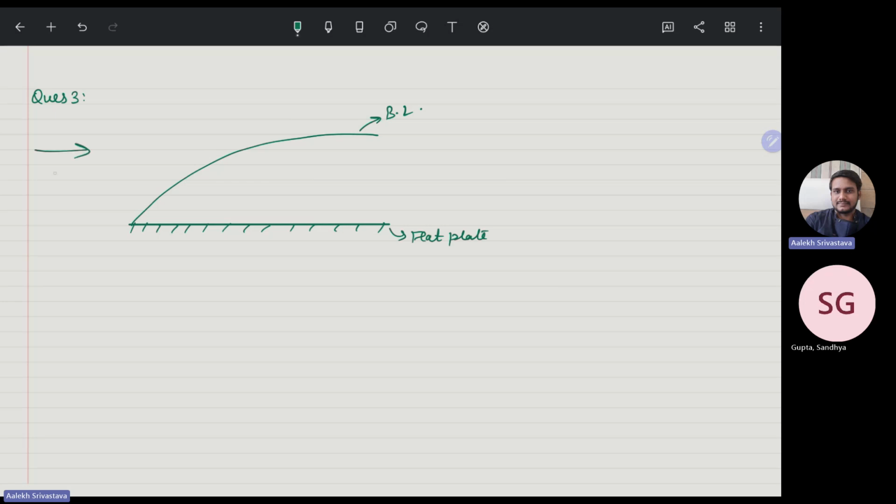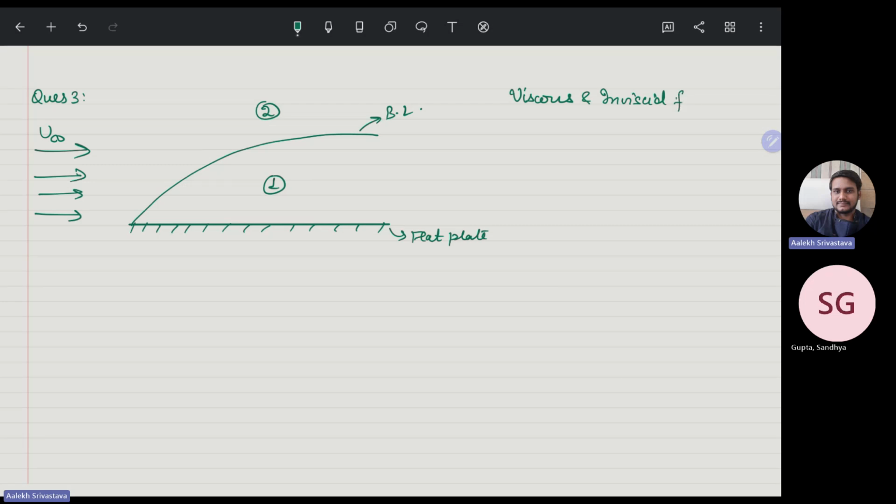This is the flow that is happening, uniform flow, and it says that this is region one and this is region two, and the options are one is viscous and one is inviscid. So which of the following regions are viscous and which are